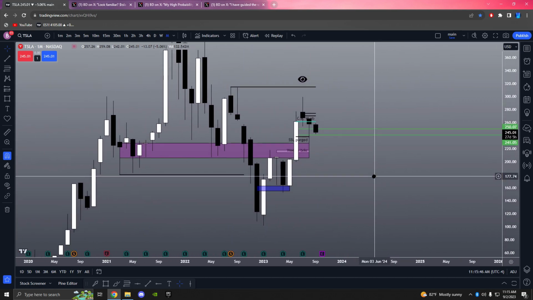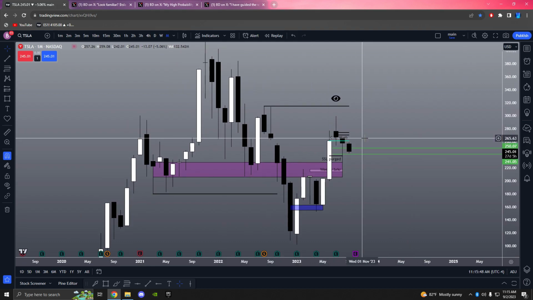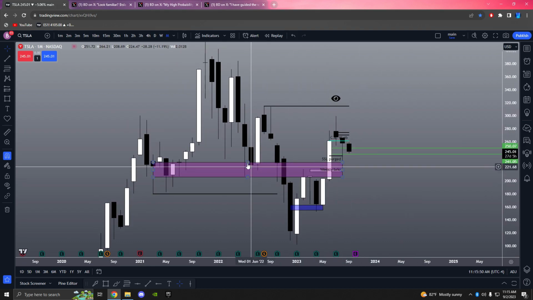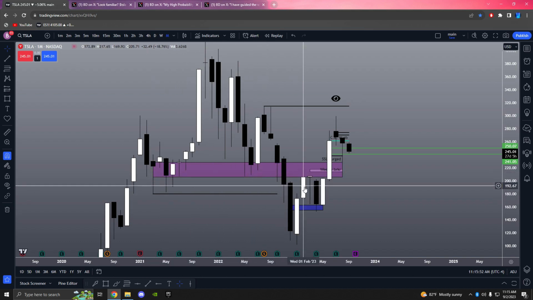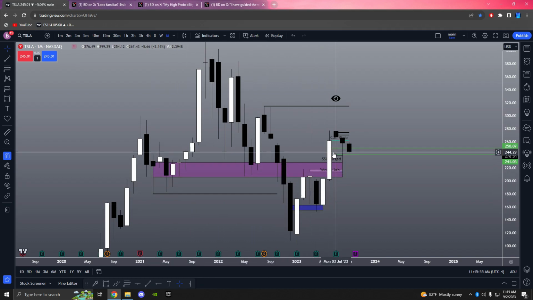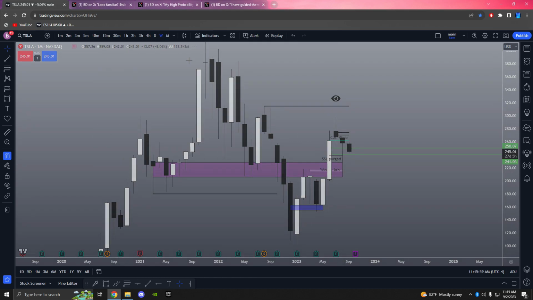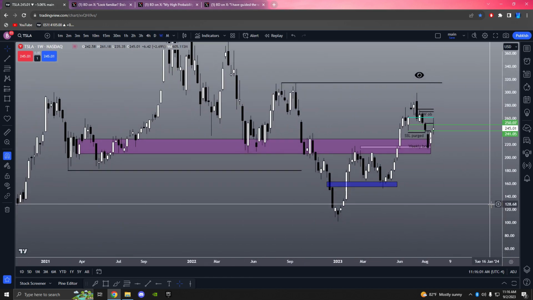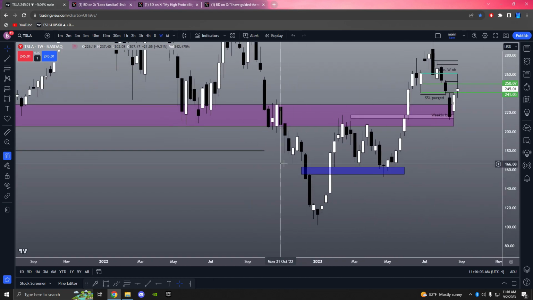So here on Tesla, we're going to start on the higher time frame. So here on the monthly, you can see we're taking sell side liquidity. Got displacement back up on the monthly time frame, monthly fair value gap. So let's move down to the weekly. So looking at price action down here,